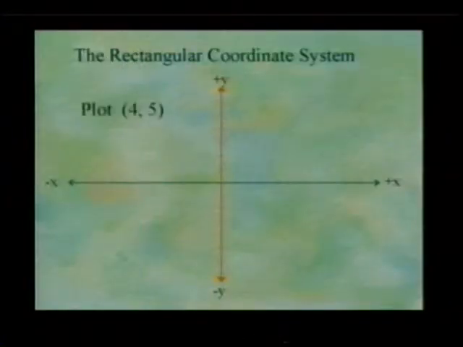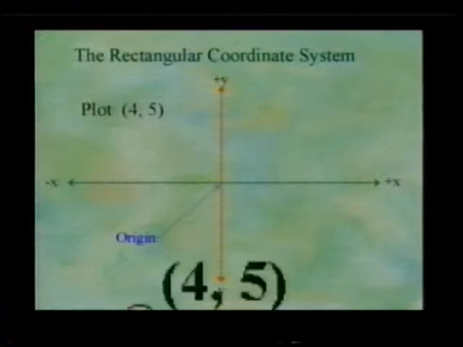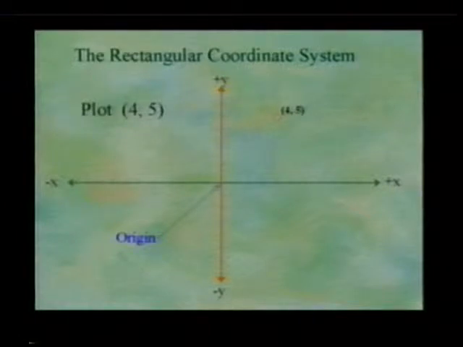For instance, the point 4, 5. Now 4 is the x and 5 is the y. So we're going to do the 4 first. That means you start at what's called the origin. We're always going to start, and that's the 0, 0 point. That's easy to remember. Always going to start at nothing. We're going to start there to plot this. For x, we're going to go over 4. And don't put anything yet, because we're not done. This is an ordered pair. A lot of people want to put something there. And then from that position, we're going to go in the y direction up 5. And now we're done, and we place a point. That's the point 4, 5. Notice that this pair takes 2 numbers to plot